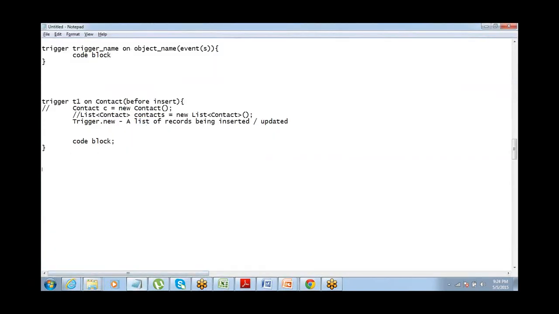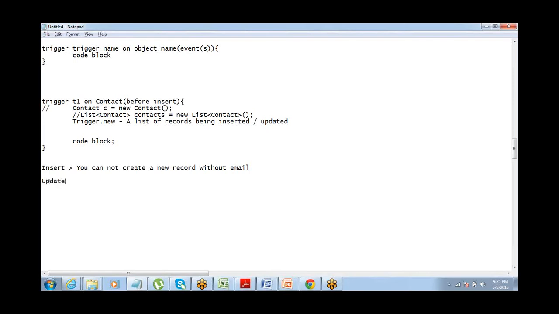What I want to do is execute the same logic but throw different error messages. If the record is being inserted, my error message should say you cannot create a new record without email.